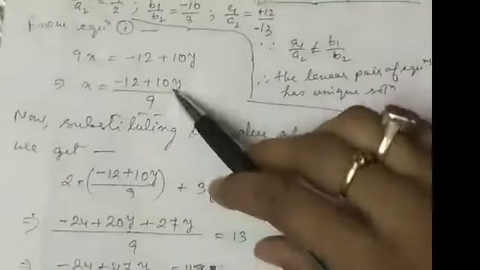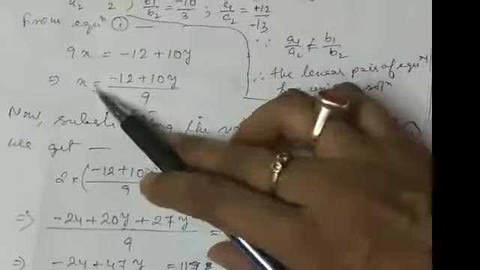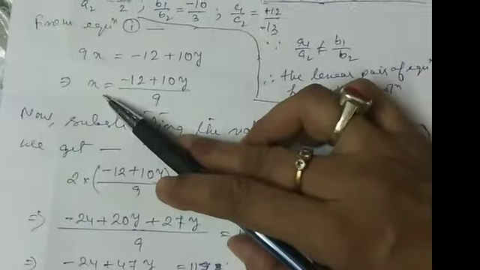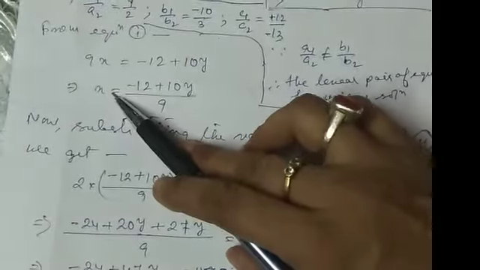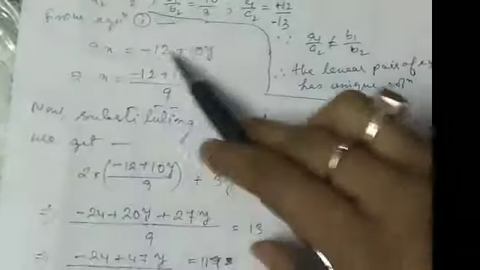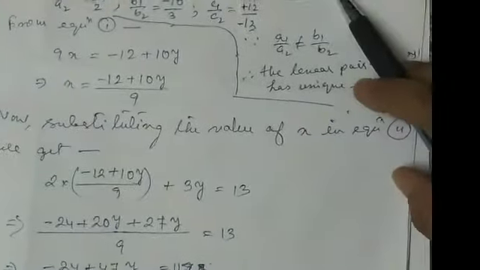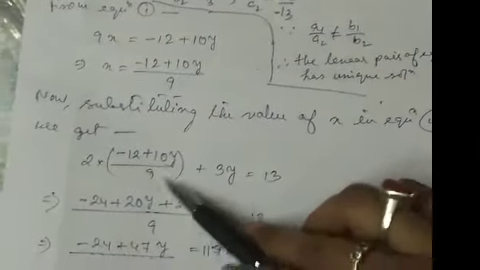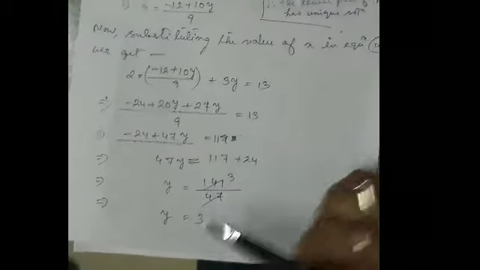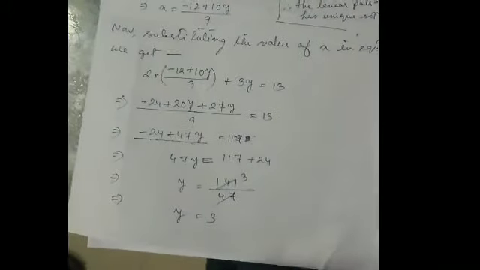Then what we do is, from one equation you take out any one variable, either x or y. Here I have taken out x, and this x value is substituted in the other equation here. Then you go for solving, here it came 3, and then you will get the other one. By substituting you will get the y value. Okay,